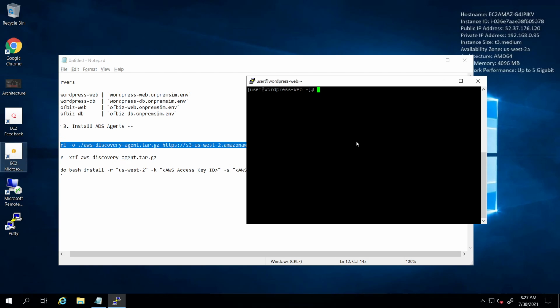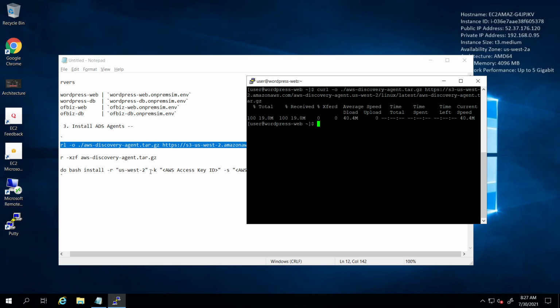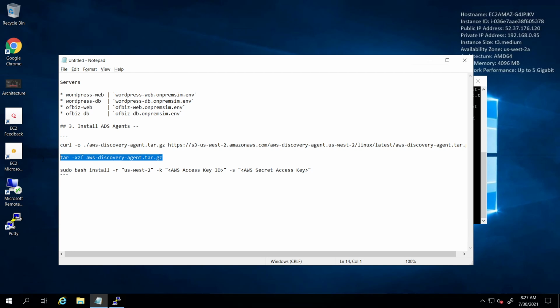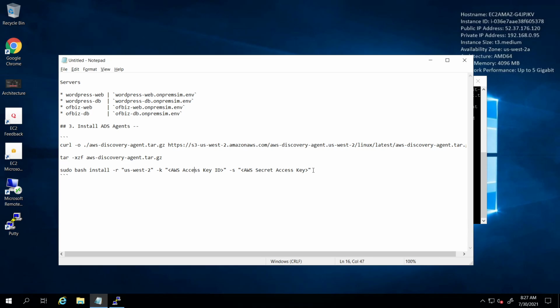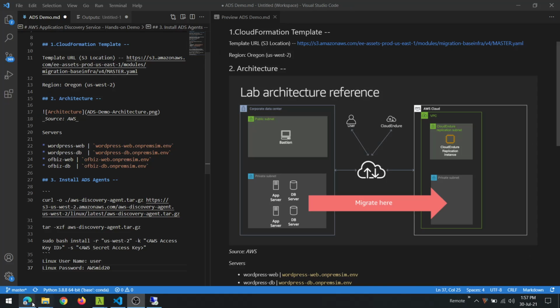Okay, I had some trouble there. Let's do this. We downloaded the install package. Unzip it. And here we need the credentials from our lab.